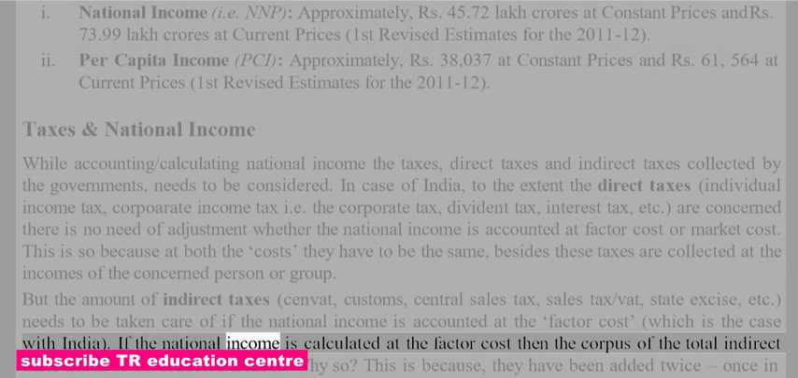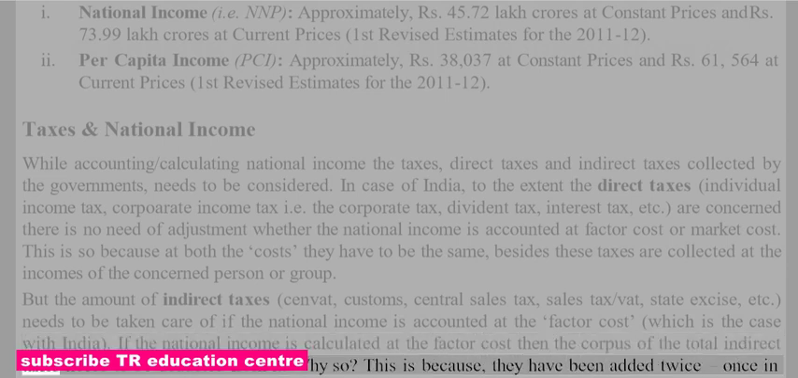If the national income is calculated at the factor cost, then the corpus of the total indirect taxes needs to be deducted from it. Why so? This is because they have been added twice, once in